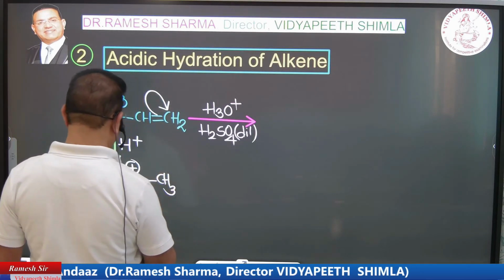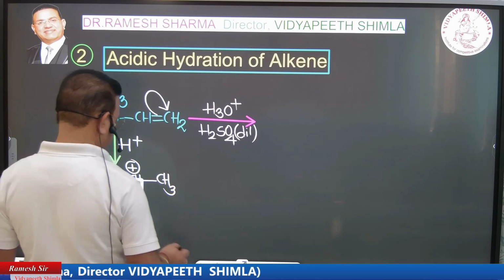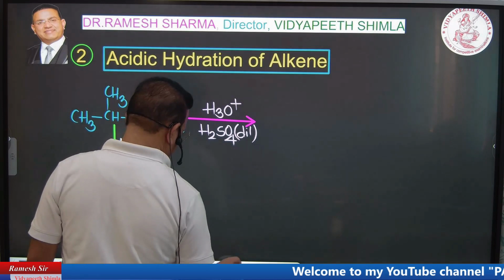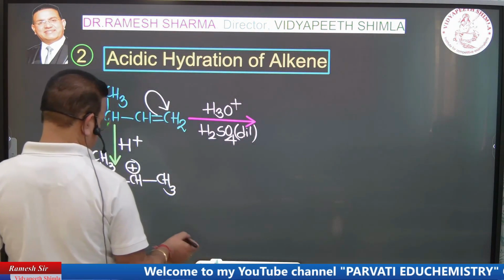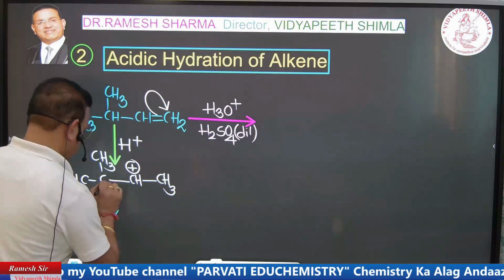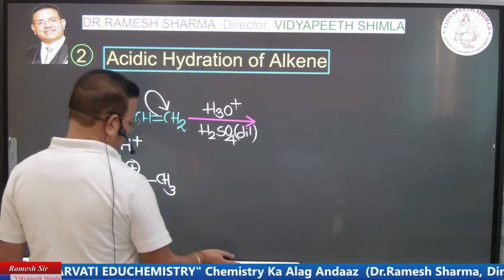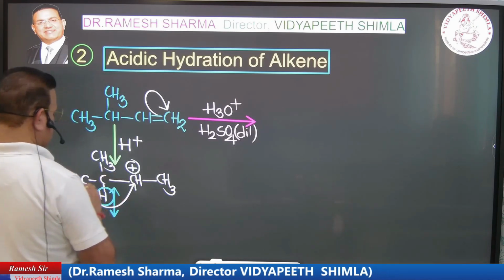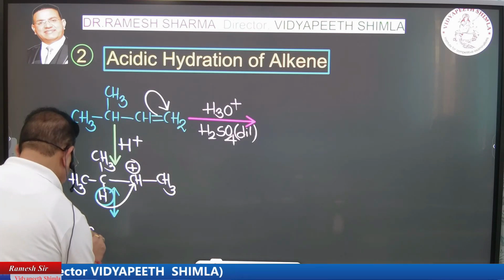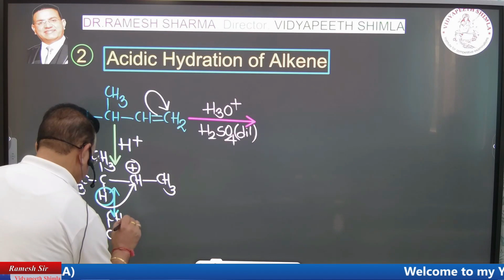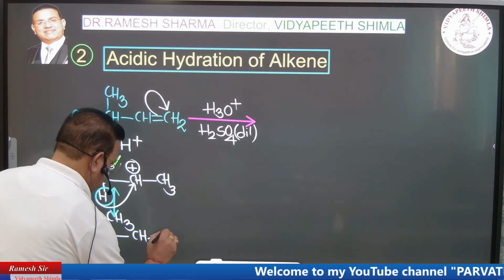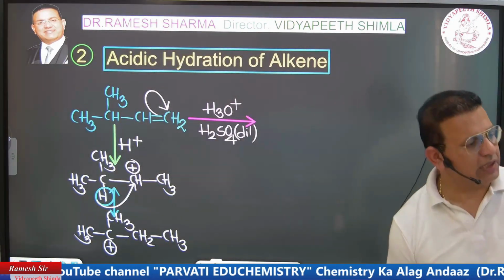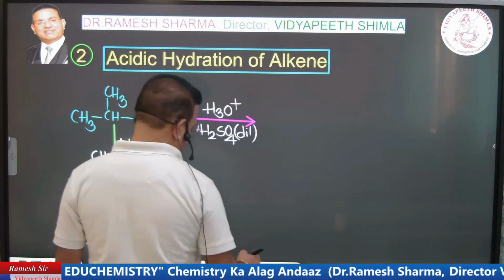This secondary carbocation then undergoes a rearrangement by hydride shift. That is, we have hydrogen here. This hydrogen from here will be shifted to this, and instead of secondary carbocation we will get tertiary carbocation. This is similar to what we used to do in SN1 reactions. वहाँ substitution होता था, यहाँ addition होना है,